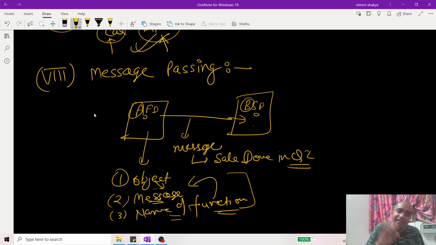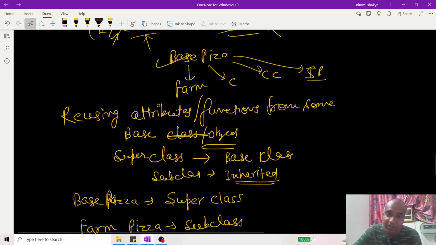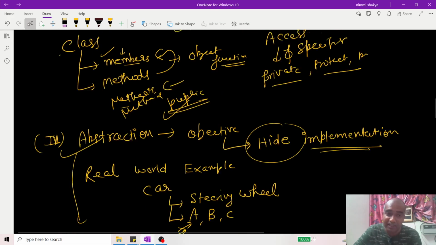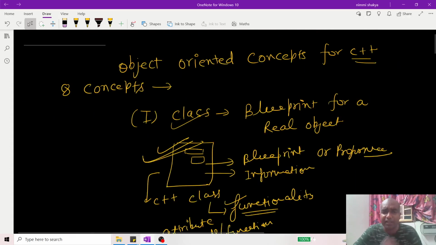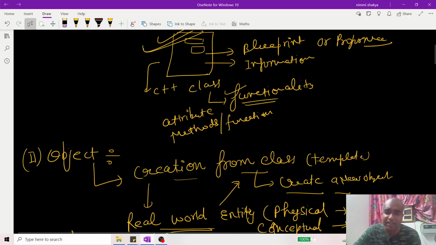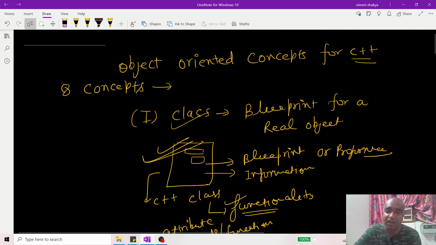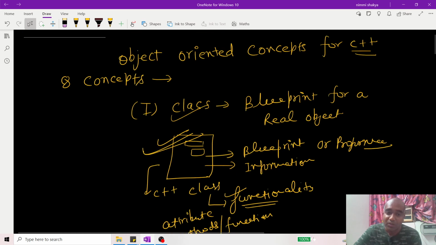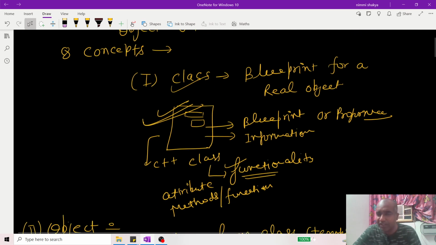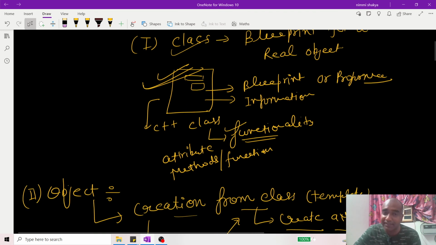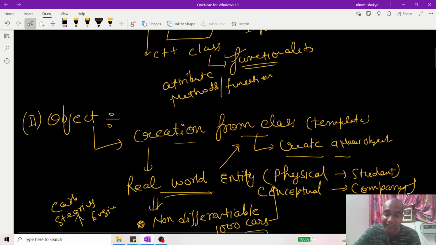So these are the overall 8 concepts related to the object oriented programming language. And that is all for today's video, today's lecture. I hope you have understood at least the basic information related to the concepts of object oriented programming. So you need to focus from today's video. If you are able to understand everything, then that is really good. But if you are not able to understand everything, then at least understand the definition, at least understand the real